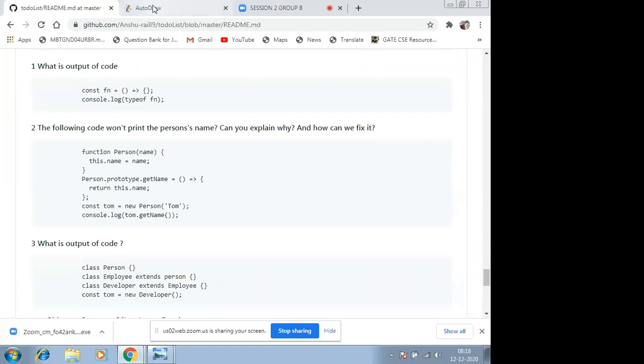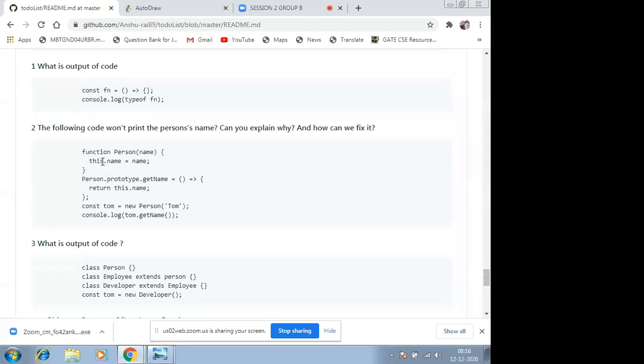Okay, let's try to understand what we are doing. This particular piece of code will create a Person function at global level. If you read the code line by line, you will get the answer. So this function creates an object named Person at global level. This is clear, right?